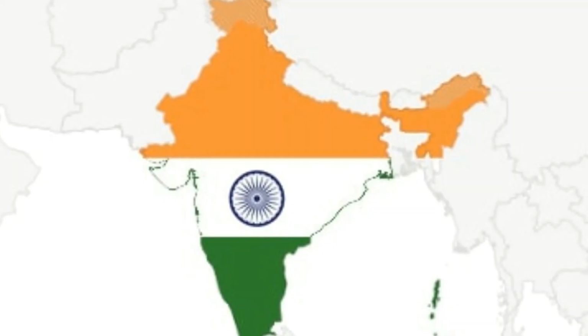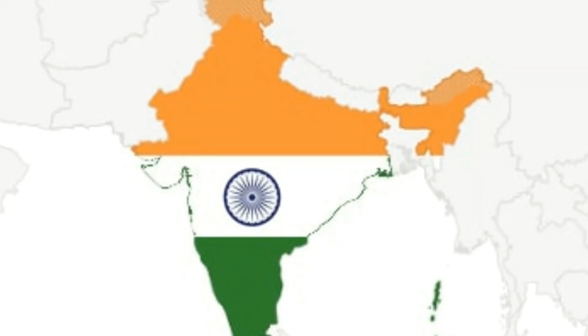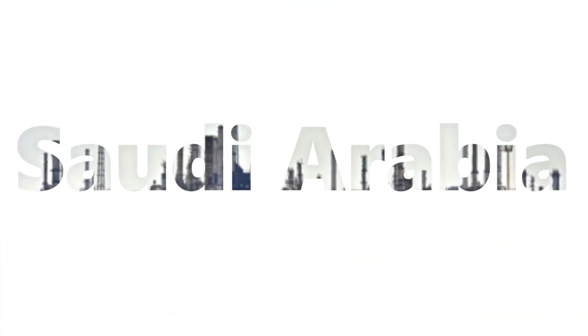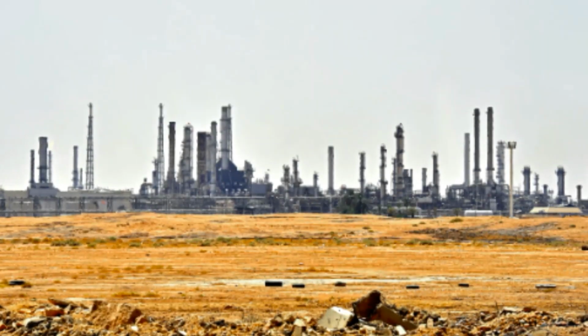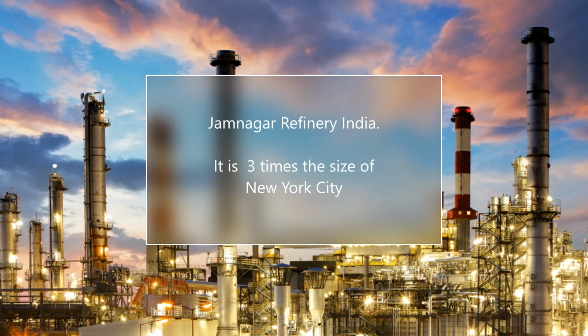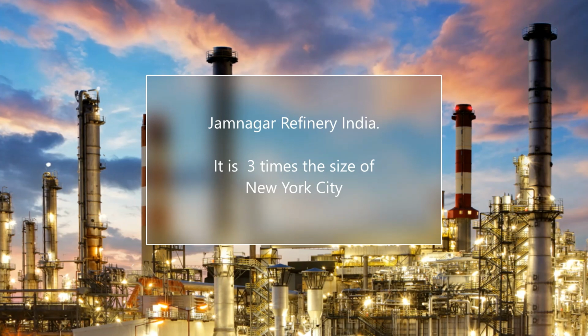India, much like these smaller countries, does not have a large natural oil reserve. However, they do have many trade partners and source their crude oil ready for refining from the world's largest oil well, situated in Saudi Arabia. What keeps India in the oil business, however, is that it is the home of the world's largest refinery, producing over 1.2 million barrels of oil per day.